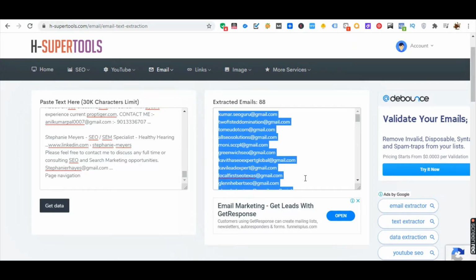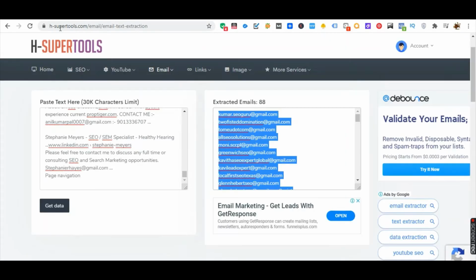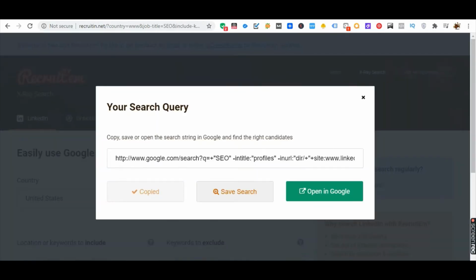So copy this. As a bonus tip, I've shown you that you need to validate whether these Gmail IDs or email IDs are valid or not. The other site we would be working on is leopathu.com. I'll mention this link in the description, please check it. Just visit that link and copy all the email IDs you have extracted on hsupertools.com,